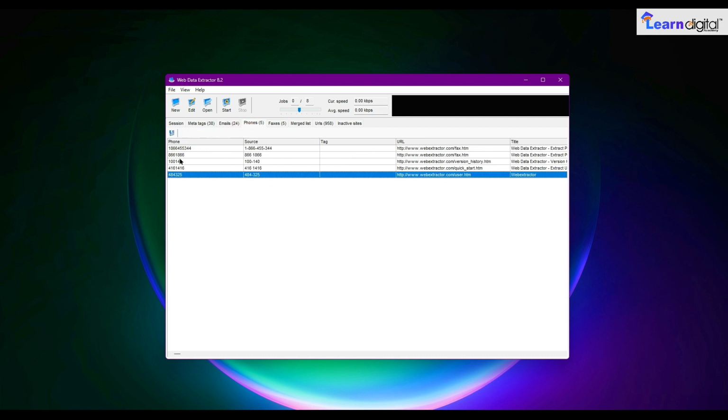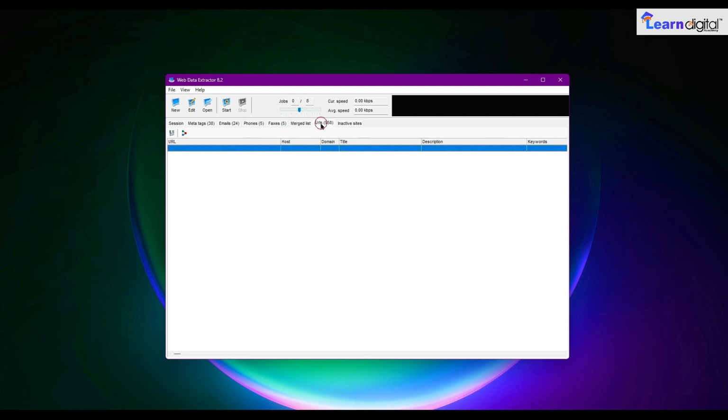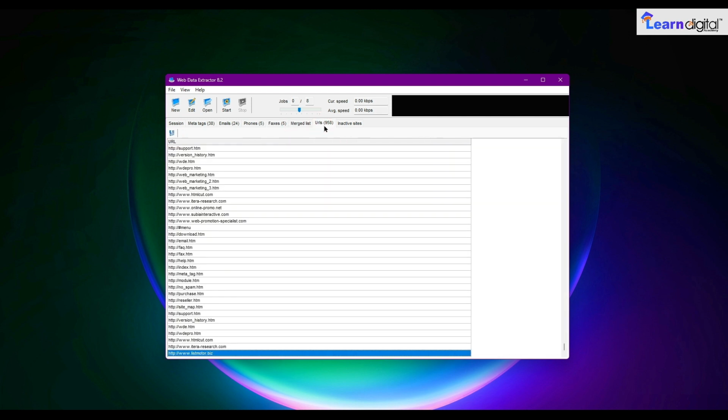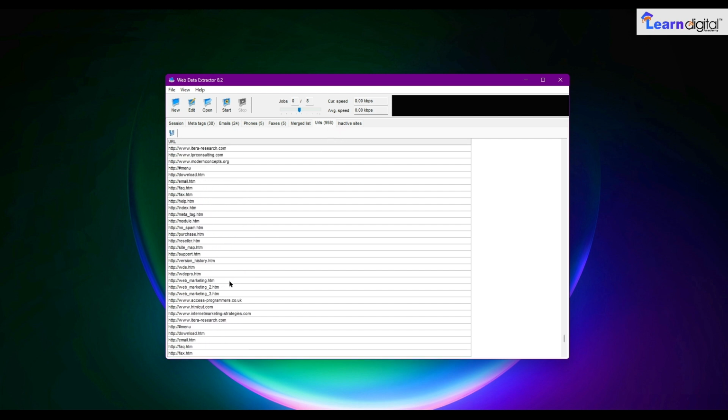Same, you will find some phone numbers as well. Faxes, merge list, you will find if there is anyone, but no, as of now we don't have. Then you can see URLs, so how many URLs they are using right now. So you can find out how many URLs are there. So this is how you can go through this part, and you can also go through the meta tags